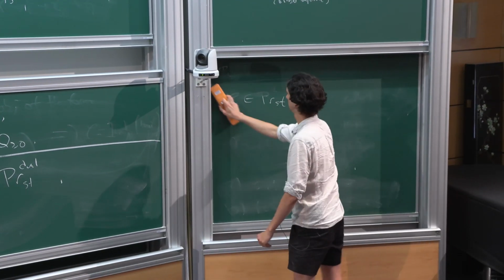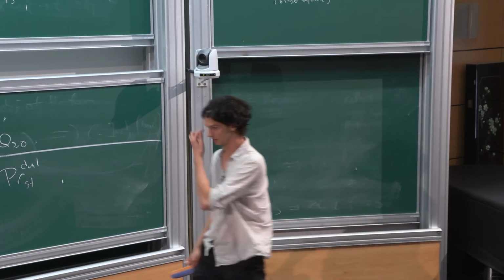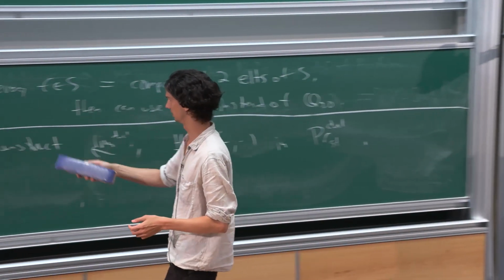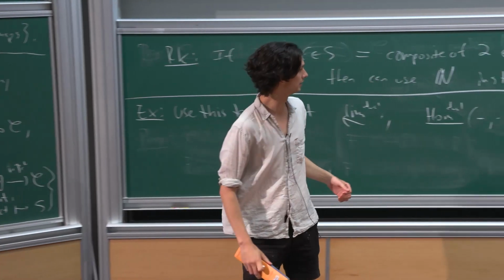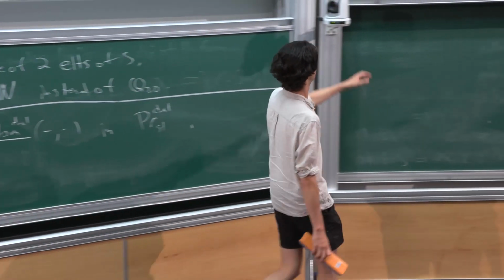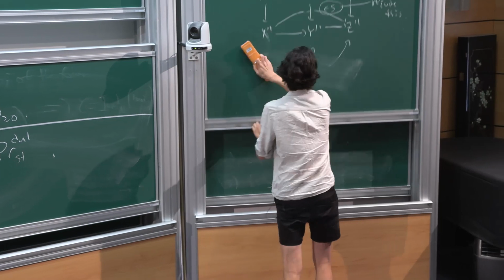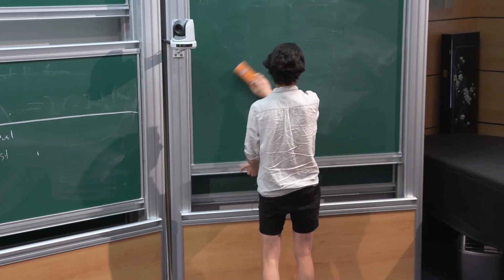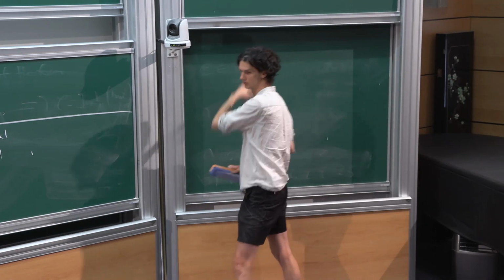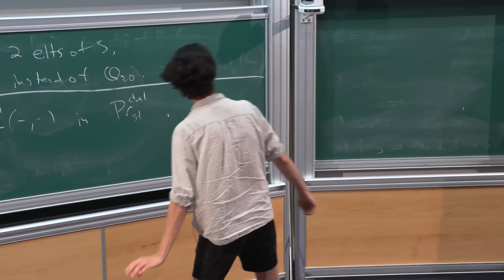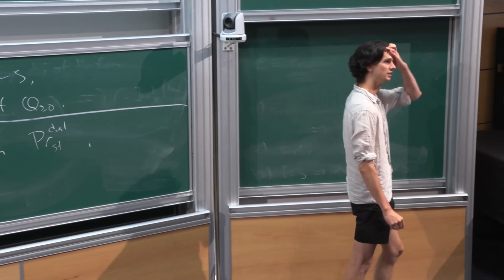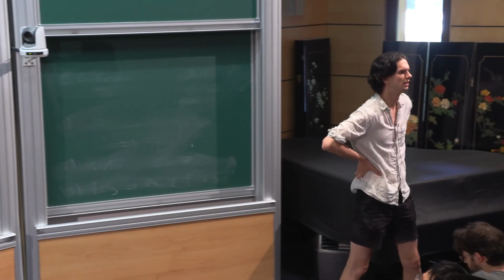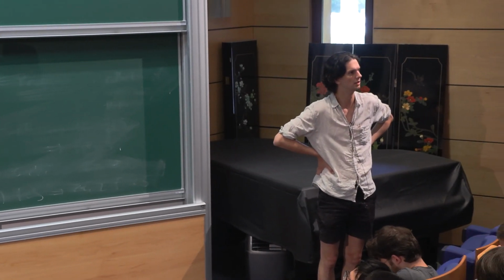So I want to discuss a very fundamental example of this construction. Something I've been kind of hinting at for a while, and it relates to a notion called rigid categories. By the way, in the dualizable category, is it that any compact map is a product of two? Yes.